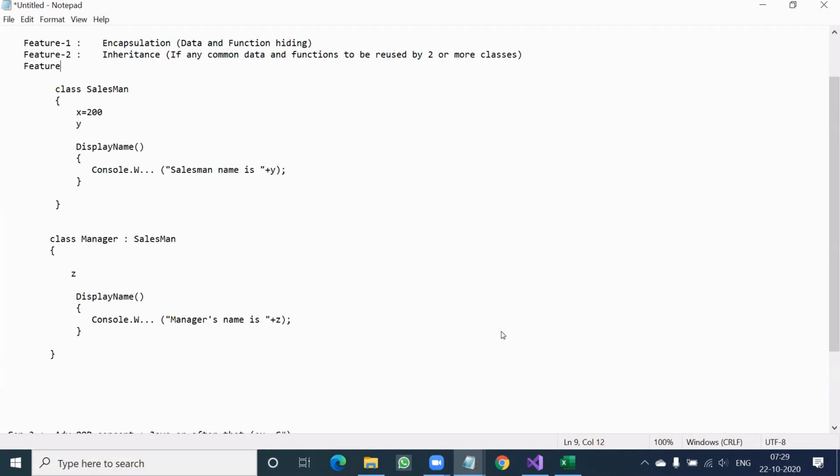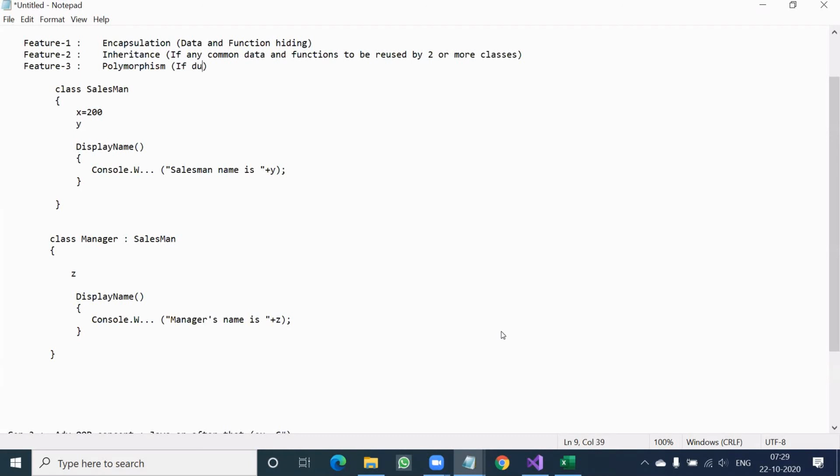polymorphism. So feature 3, polymorphism. Today we are not going in depth of any feature, but we are just having one overview of how the generation of the programming language slowly improved. And today we are in advanced object-oriented programming language. So by implementation of these 3, what is polymorphism in the quick answer?